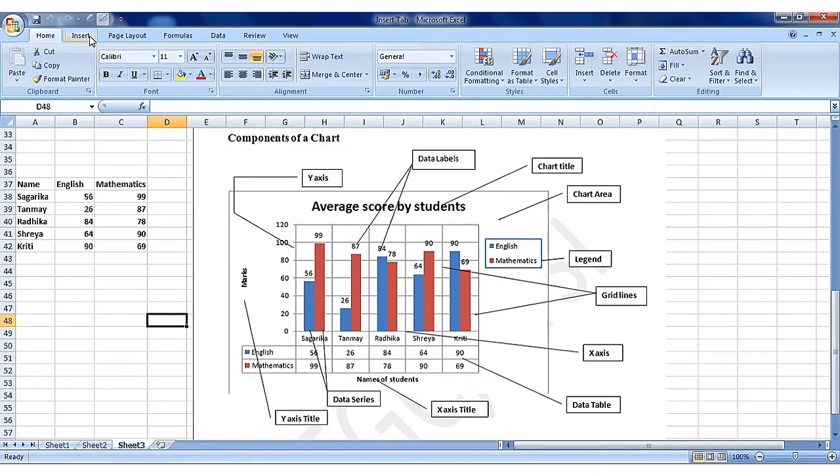Hello students, today let us learn a very important topic in MS Excel, that is charts. We know a picture is worth 1,000 words. Charts are graphical representation of worksheet data. Data when represented in the form of charts makes it easier for users to quickly understand, compare and find patterns